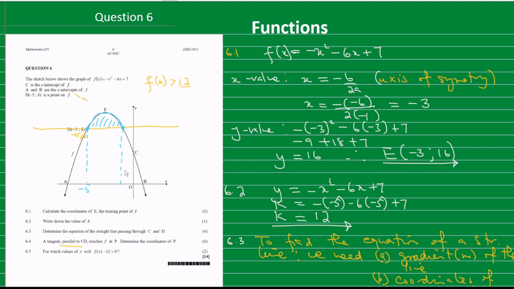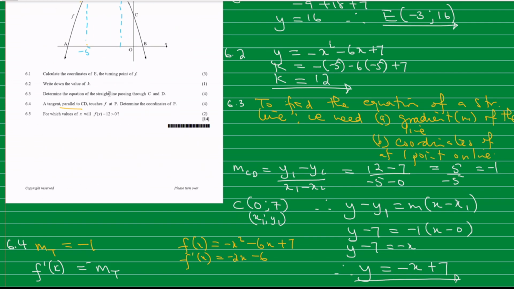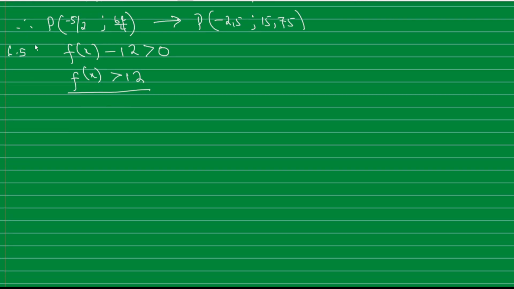So we need to find now what are the values where this line intersects the graph of f of x. Okay, so where do they intersect? This is the equation y is equal to 12. So what are the values there and there? We know that x is negative 5, but now we need to find the other value. So what we can simply do is to work out this one and say my f of x is greater than 12. Let's find out the coordinates where the straight line is intersecting, because we have got a straight line here,